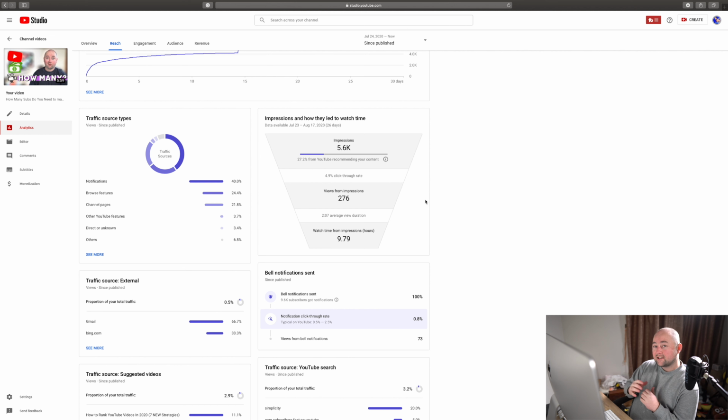So you really start to understand that click-through rate is really important, but it can also be very misleading, especially if you try to look up what is a good click-through rate. It doesn't really tell you what kind of data that's based on. Is it based on 200,000 impressions, or is it only based on 2,000 impressions? Those are two very different view counts based on those impressions. So click-through rate, you can kind of take it with a grain of salt.